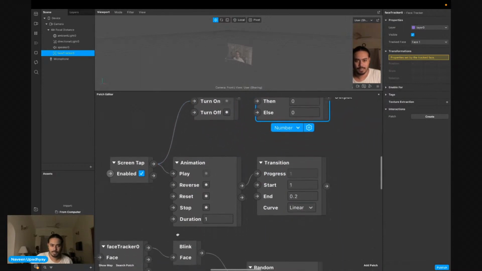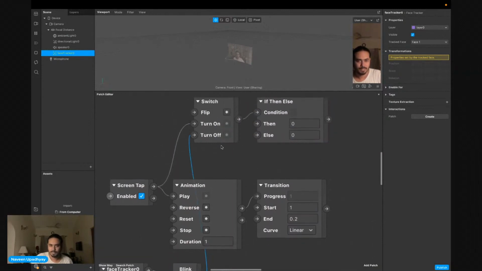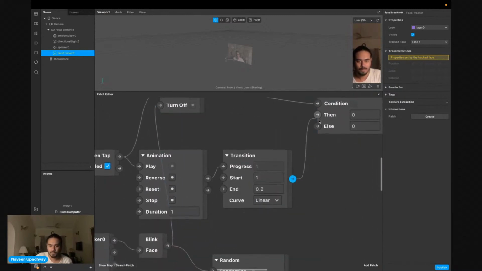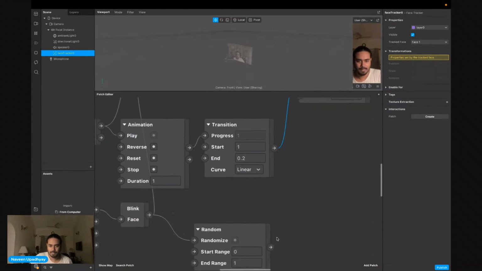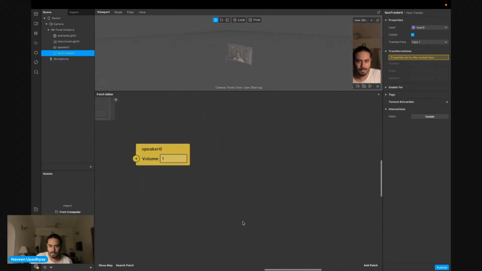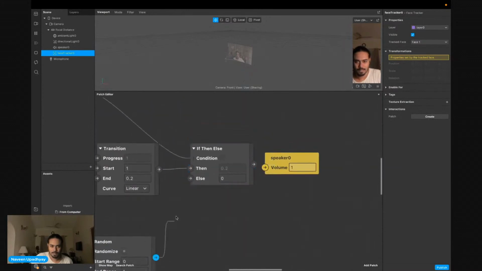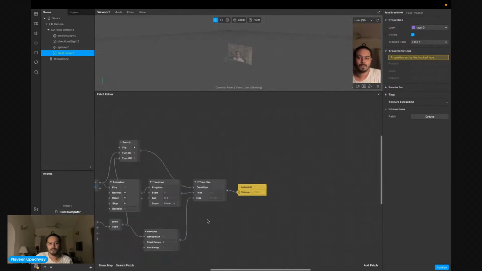But if you blink, this is going to be not true. That means initially if you screen tap, this is okay, but if you blink, I have to take a randomized value that I'm getting from here. Don't worry, I'll rearrange it for you. So this should be my volume.